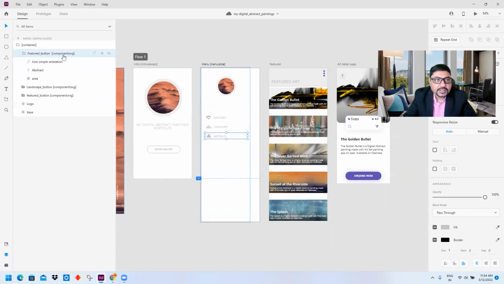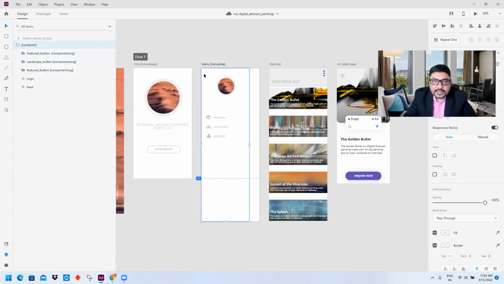Like this, the three things I have created over here, three button elements with icon and text, all grouped together. And again, this entire box is grouped as a container. So again, you now understood the nomenclature of container. It contains all the text, images, buttons, everything. Okay.